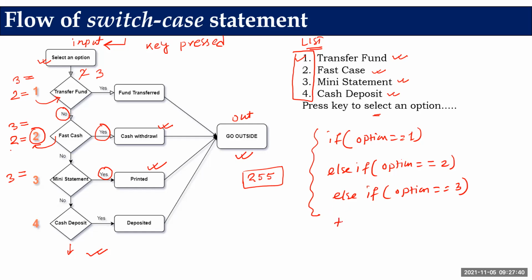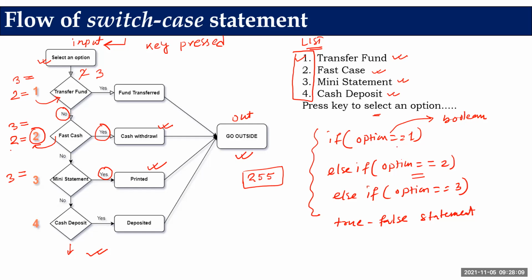Normally, if you remember in the if else lecture, I had mentioned that if else is also called a true false statement. But switch case is not a true false statement. Switch case means switching between multiple options. Here in if else we are not switching. Here we are comparing and we are expecting the outcome as Boolean, either true or false.